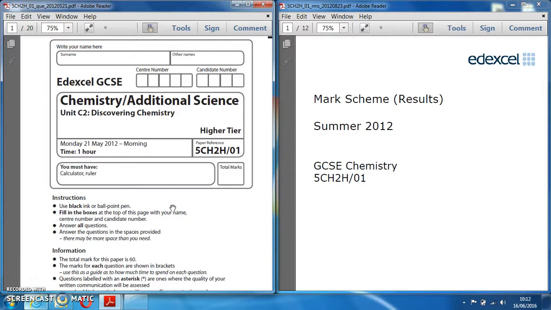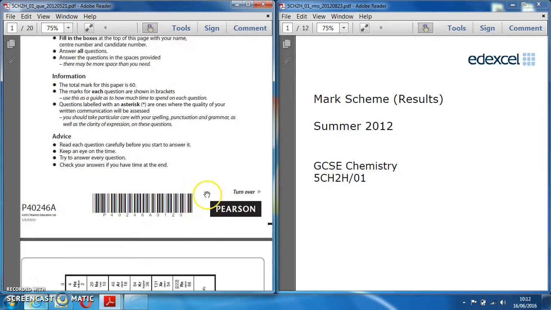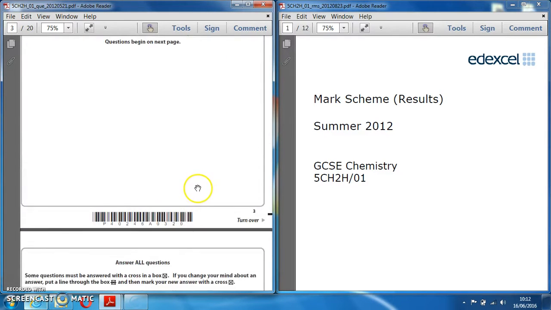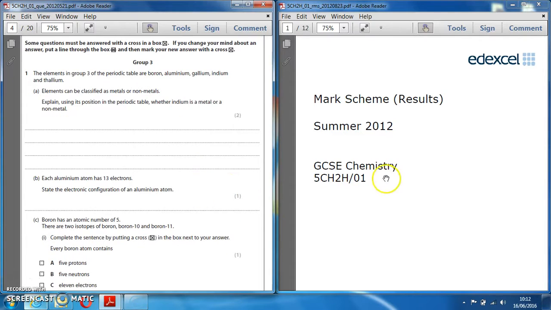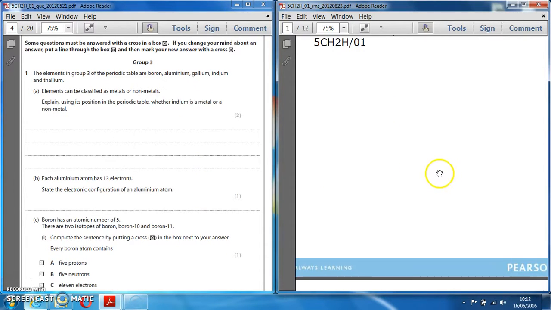Okay, we're going to look at marking your Chemistry Unit 2, higher tier, May 2012. Make sure you get the benefit out of the hard work you've put into doing this. So in the first question there, it's looking at explaining, from its position in the table, whether indium is a